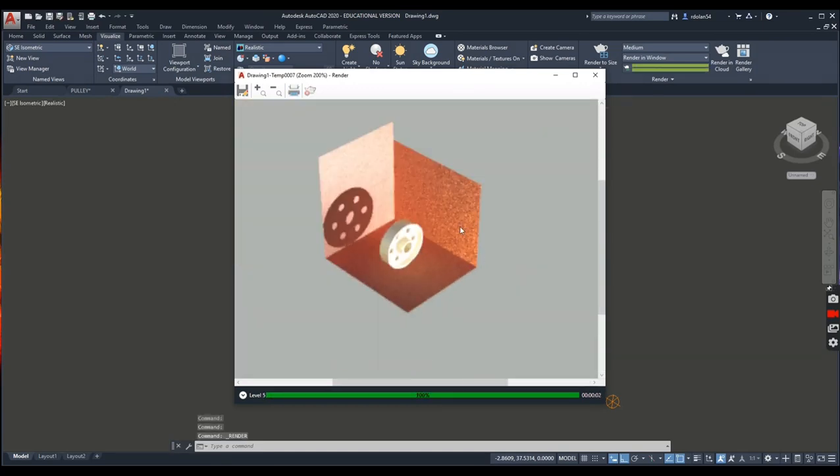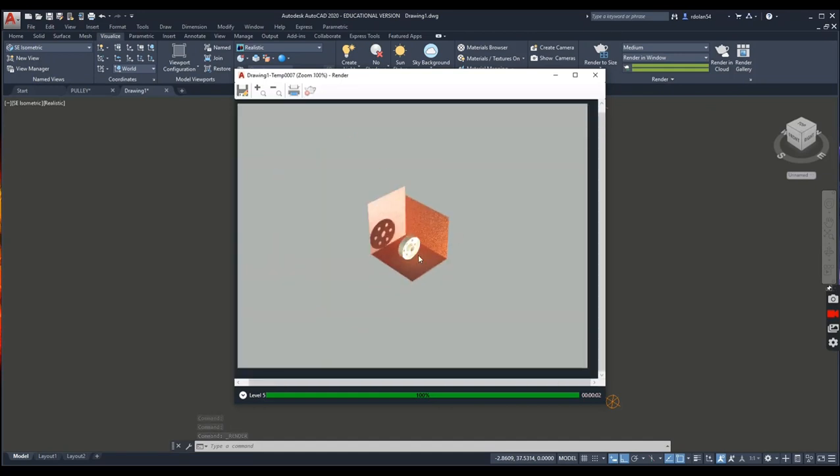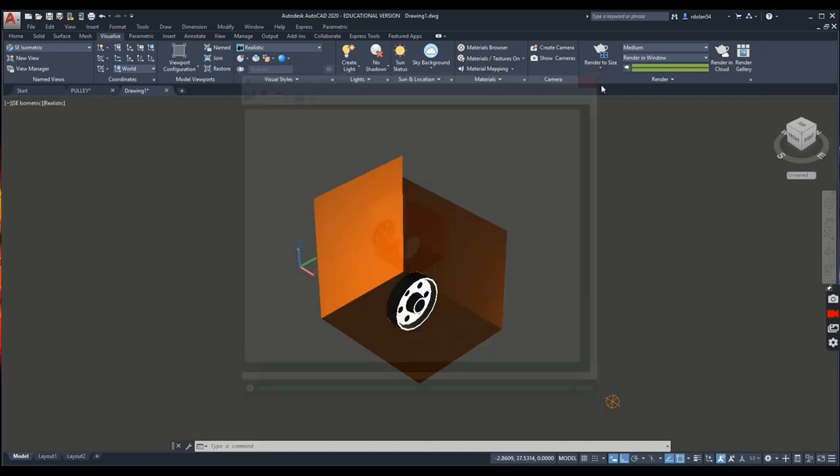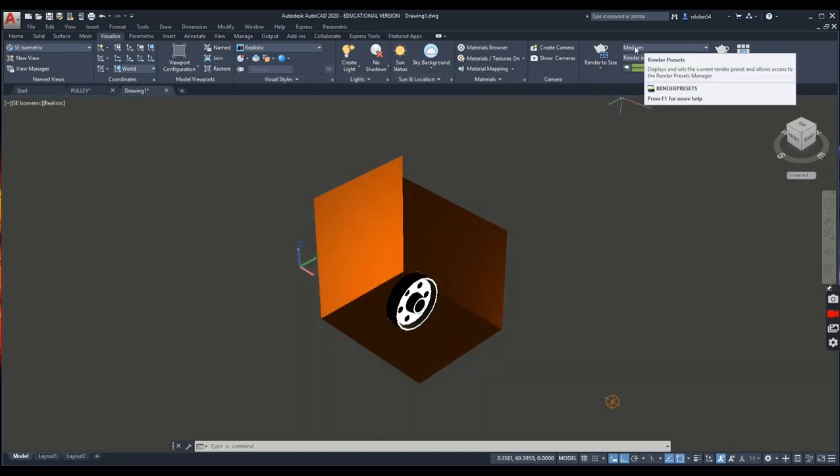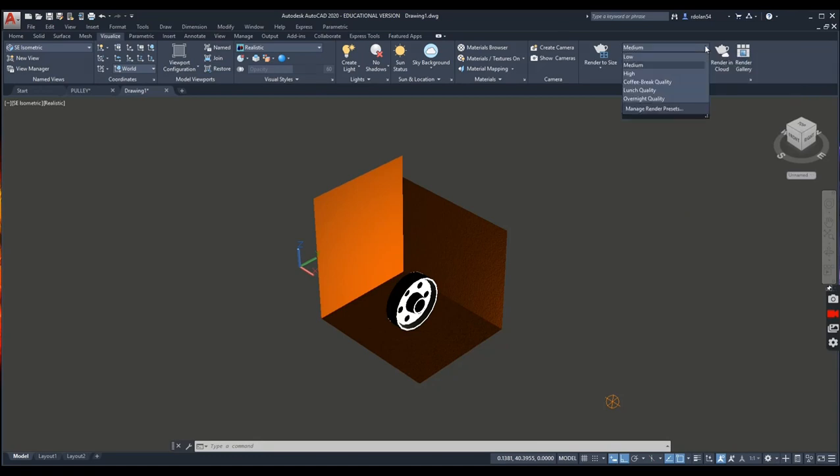And we can zoom up a little bit, and there you can see that our materials are a little different. Okay, now you notice that the rendering was very quick, and small. So we're going to render it to a different size, and we're going to take a different rendering preset,